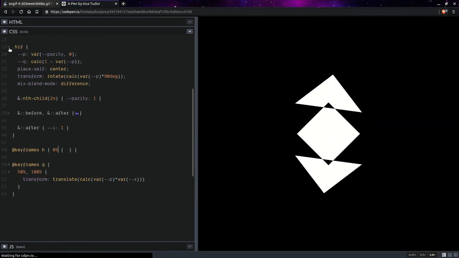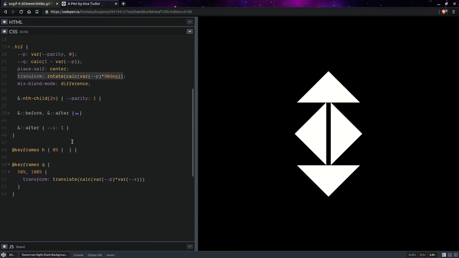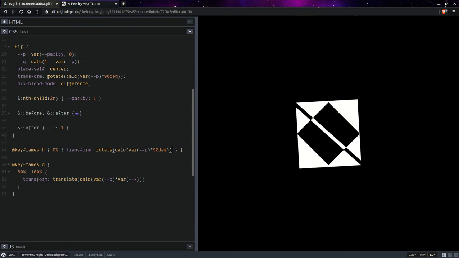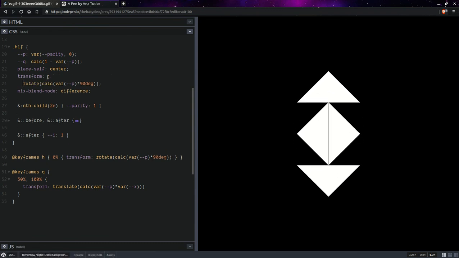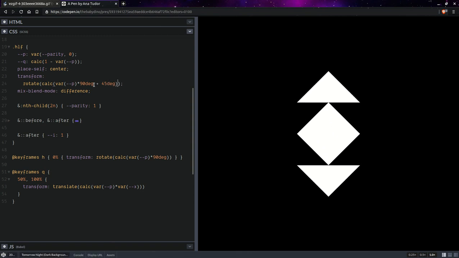Let's collapse the quarters, right? So it can start from something like that, and then here it can go to plus 45 degrees,